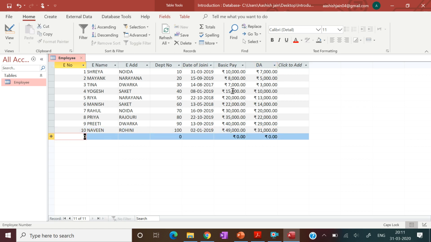So this is the information that I have put for the 10 employees. Now press Ctrl plus S. So this is our first table.